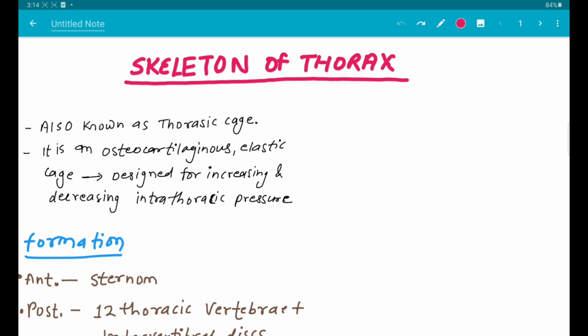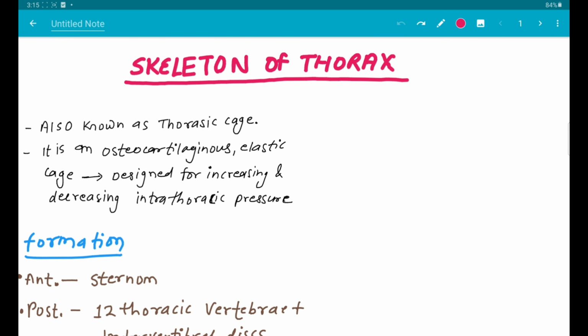My name is Bhupendra Kumar and skeleton of thorax is our today's topic. It is a very important topic to cover. We will cover it today, and you know that we are covering the thorax series of the anatomy subject. So it is an important part of thorax. In our previous video I explained the introduction of thorax, and this is the second video of the series on thorax, skeleton of thorax. So what is the skeleton of thorax? We will understand in detail about this topic and all its important related points. So let's start the video.